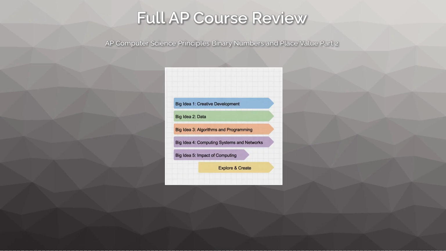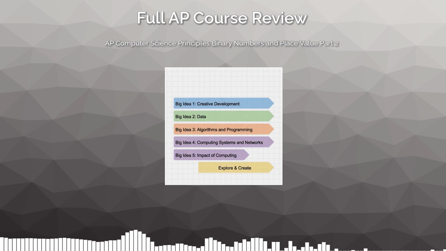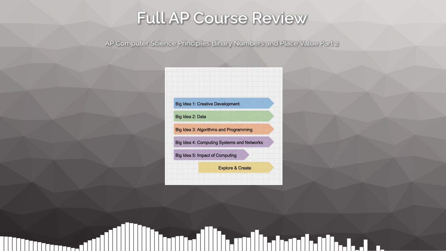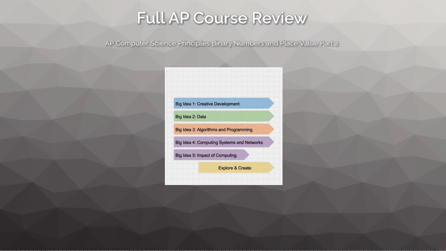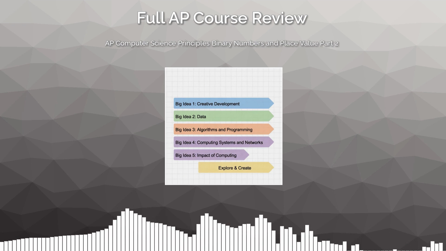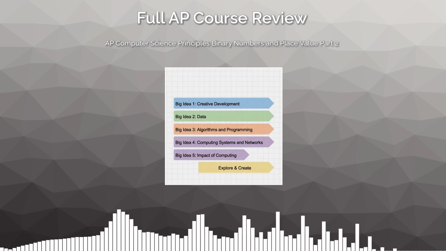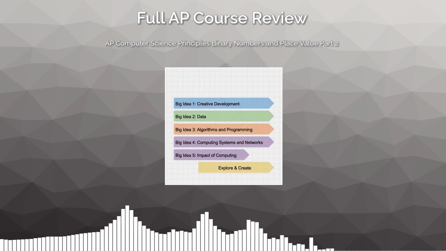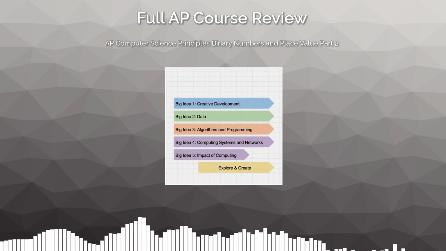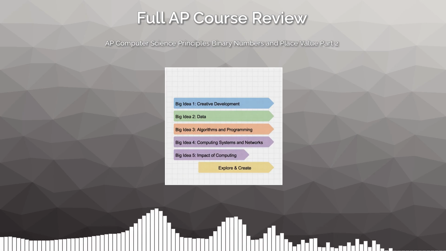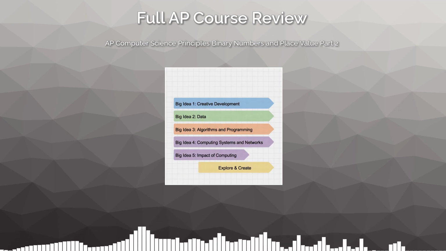Connecting the dots, remember that bias in data and algorithms sits at the intersection of technical understanding and ethical responsibility, which is exactly why College Board includes it in this course. When you see a question on your AP exam about computing's impact on society, or about the responsibilities of developers, or about evaluating the reliability of a dataset, bias is almost certainly part of the answer. Keep asking yourself who collected this data, how was it collected, who is missing,